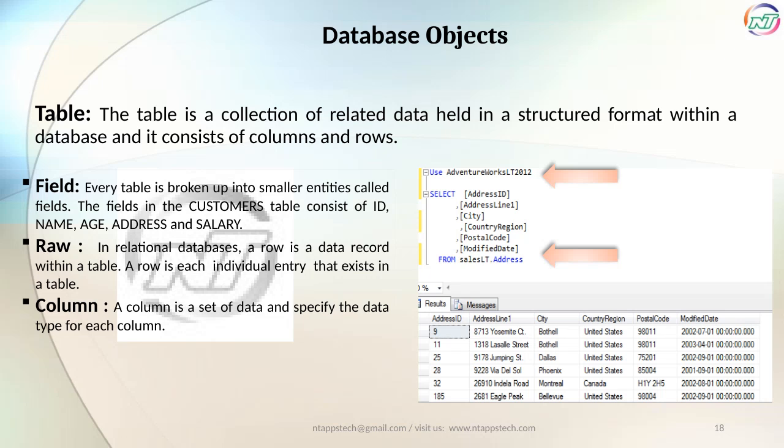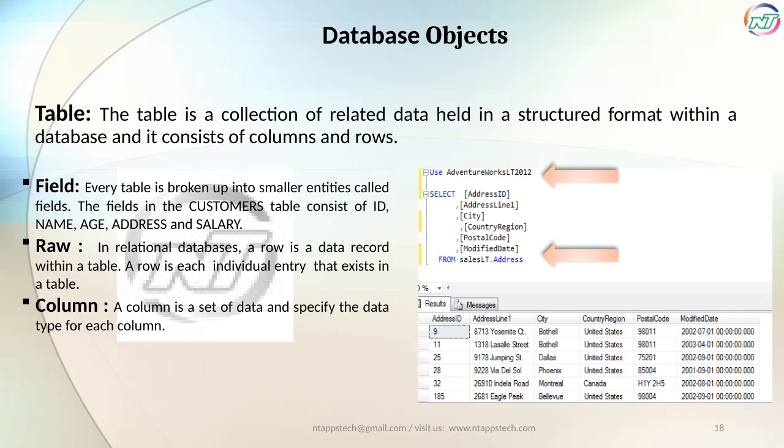A table in a database organizes related data into columns and rows. Each column represents a field, which defines a specific type of data stored in the table. For example, in a customer's table, fields might include ID, name, age, address, and salary. Each row, or record, is an individual entry that holds values for each field, representing one unit of data within